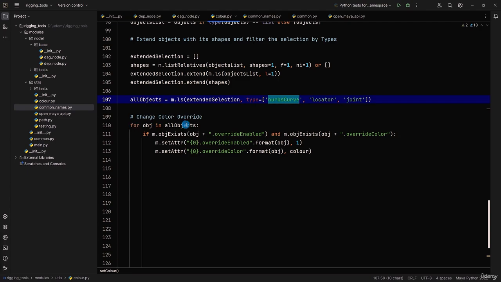So for object in objects, for all the objects that we've gathered, we're going to cycle through them and, again, override the color. So if the item has override enabled, which is 1, because we are doing if object exists, so if this exists, and if the object's color override exists, which again, they kind of work together, so they probably always will be there together. But we are then going to say format